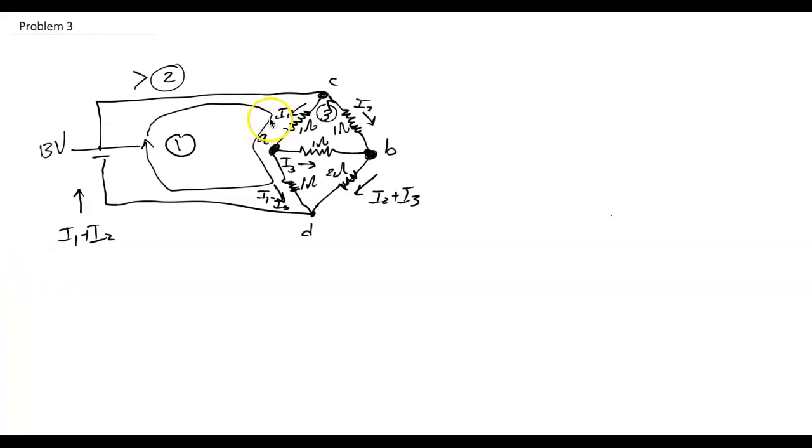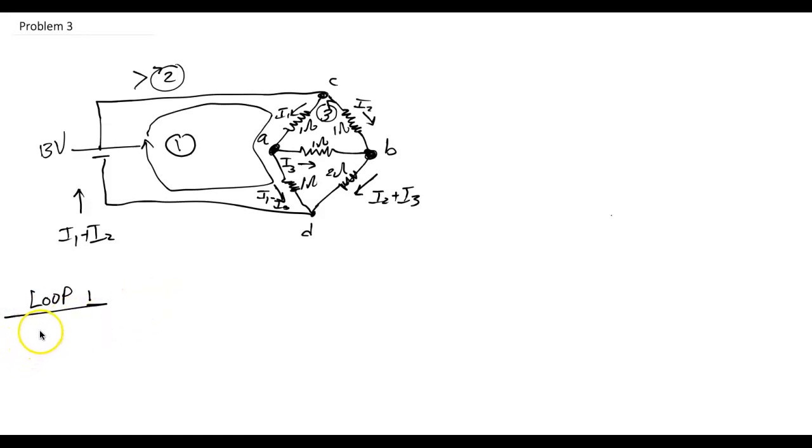In this problem we have what is known as a bridge circuit, and we have the loops as indicated. Loop 1 is inside this area, loop 2 is all the way around, loop 3 is in the upper triangle. And if we look at loop 1